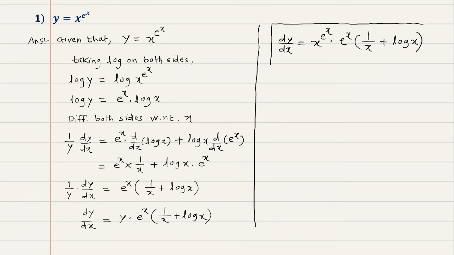So see how will you use the logarithmic differentiation method to get the derivative of the function like this. Okay. So this is the last answer, dy by dx. So first of all, here we have to take the log on both sides and then simplify using that logarithmic rules, and then differentiating both sides with respect to x, and then simplifying, we get the answer like this.